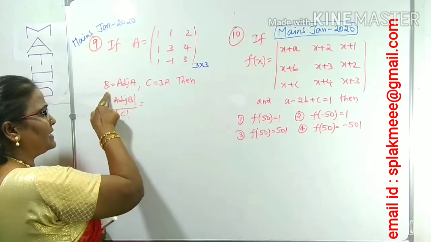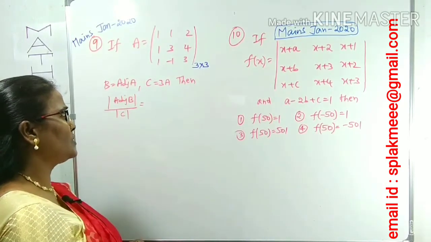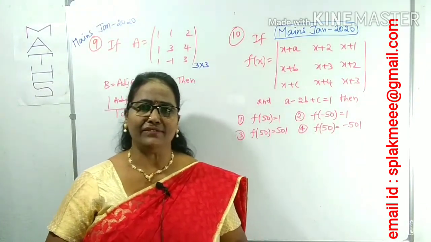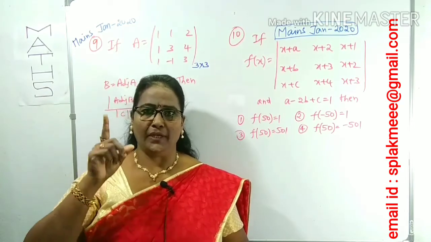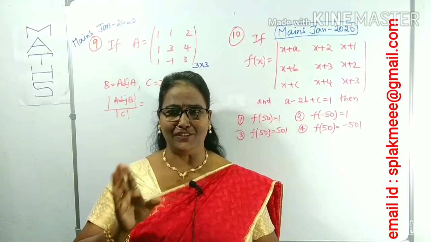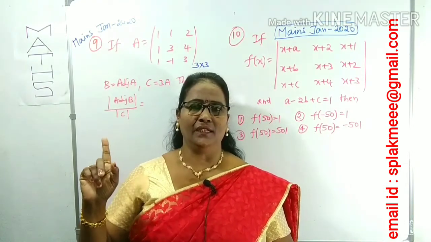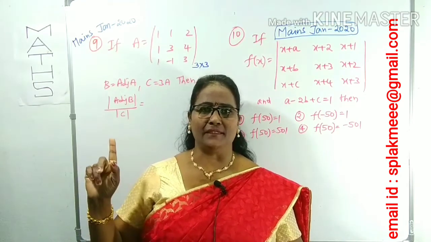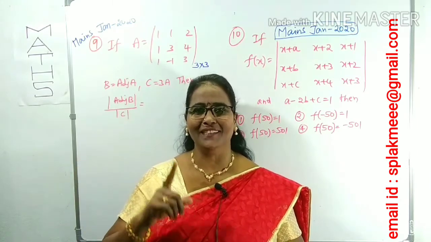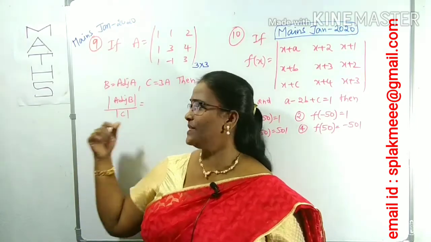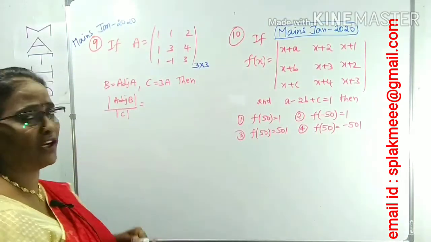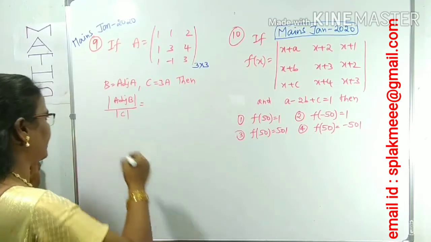If we use B as the adjoint of adjoint A and so on, it takes too much time to find the adjoint of A and apply it. Instead of that, we have to use the properties. You can check the inverse and adjoint video, where I have given the properties of adjoint and inverse, and also the determinants part 1 video, where I have given the properties of determinants. I am simply using those here, without finding the adjoint of B or A.